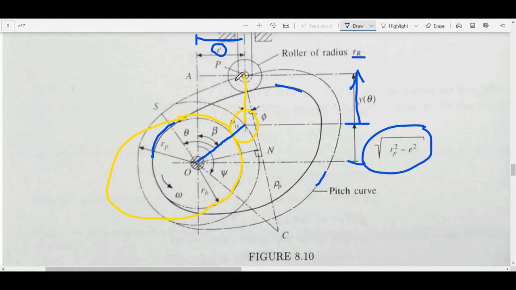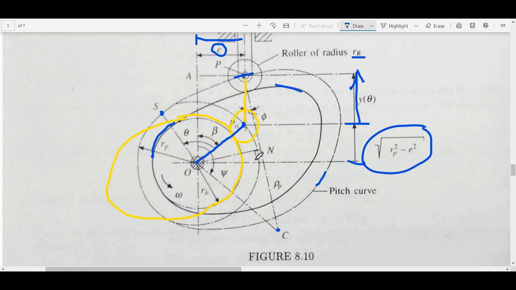This thing has a center. That center is here, so that point is C. We think of C as rigidly attached to this cam. We think of O as rigidly attached to the cam. We think of this point S, which is the point that was here,